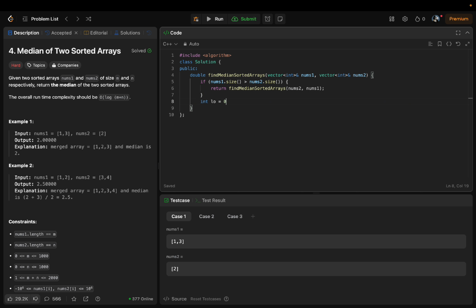So int low equals 0, high equals nums1.size. Then int part1, part2, which are going to be our partitions, and max1, min1, max2, min2. Alright, now while low is less than or equal to high, this is just general binary search, then we can call part1. We know part1 is going to be equal to low plus high plus 1, over 2, in this case,